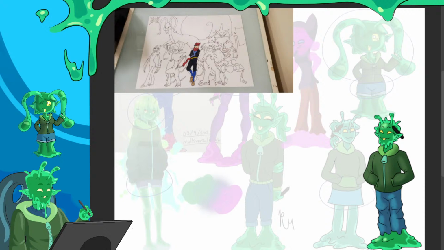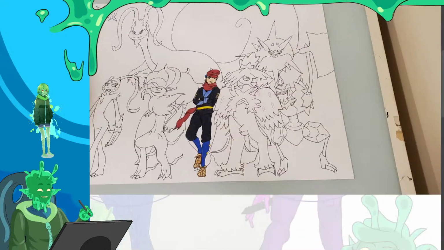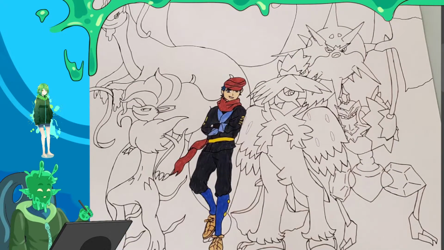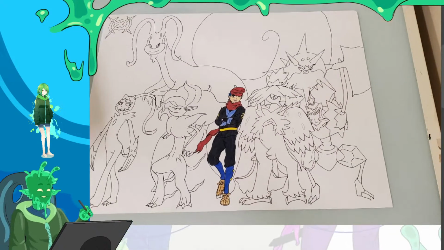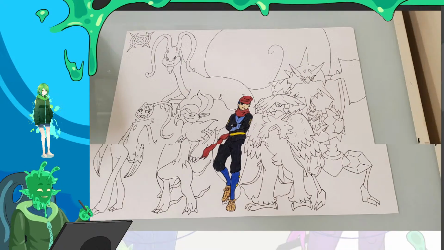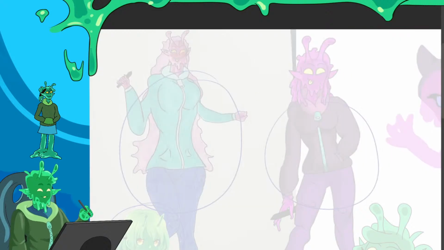This is by Multiversal Geek. Incredibly cool. Again, I keep talking over you. I don't mean to. It's because of the lag. But this is artwork by Multiversal Geek. They said this is the team I used in Pokemon Legends Arceus. So yeah, it looks good. Trainer and some nice Pokemon. I have not played the game. I really probably should, but you know, it happens.